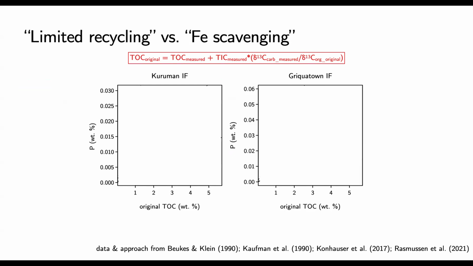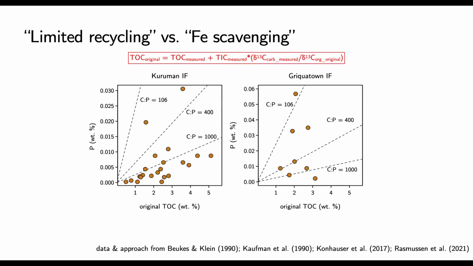So there's siderite, iron carbonate, in these rocks that has isotopically negative, very low, isotopically light carbon that is derived, we think, from the respiration of organic matter. And by assuming an isotopic composition of that primary organic matter, we can solve for how much has now been converted to siderite and reconstruct the original TOC. And if you do that, we see that in both cases, well, on the left, in the case where you have more data in the Kuruman, you see actually some correlation between phosphorus and reconstructed TOC.